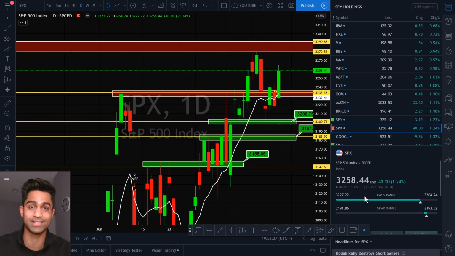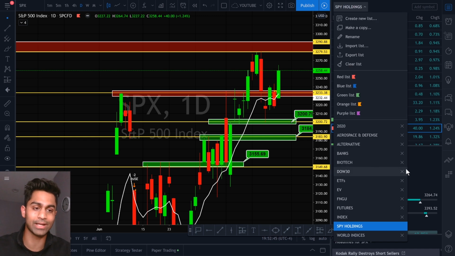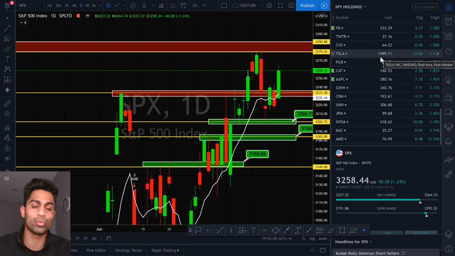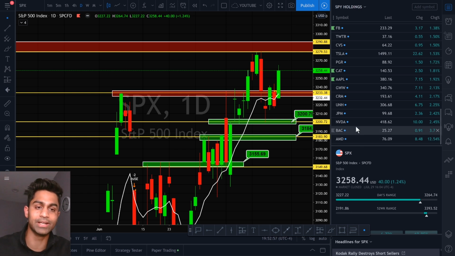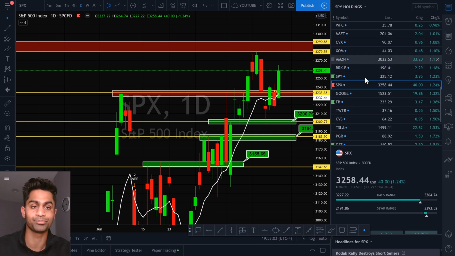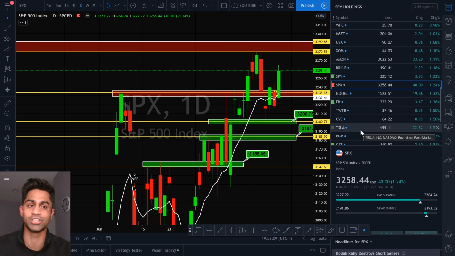You guys can see the S&P 500 in general was up over 1.24%, going up over 40 points, closing in on 3258. If you were to look at some of the SPY holdings, you can see that tech was doing well today. So AMD, Nvidia, Salesforce, Apple, Tesla, Twitter, Facebook, they were all up in the green. So was Google and Berkshire Hathaway, Amazon, Microsoft, Chevron, Wells Fargo, ExxonMobil. So tech, industrial, energy, and financials